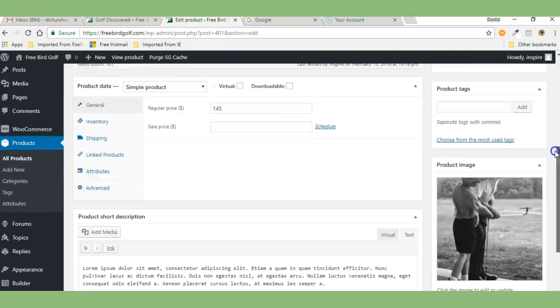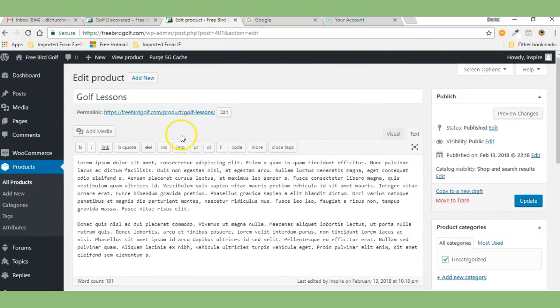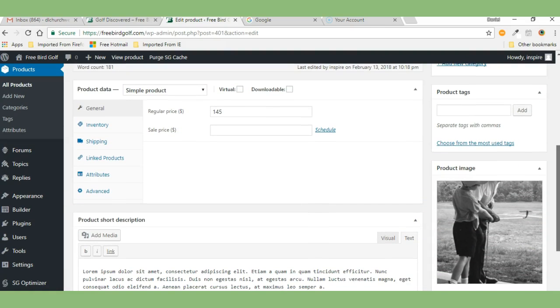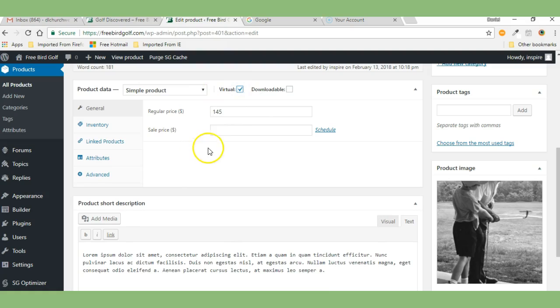So as we walk down the page, back in your editor, you give it a name, give it a long description, and then we just march down the page. Here, you're going to choose what kind of a product it is. For the most part, simple product will cover most things that you're going to want to do. If it's a virtual product, in other words, one that is not going to be shipped to the client, you would check this. If it's a